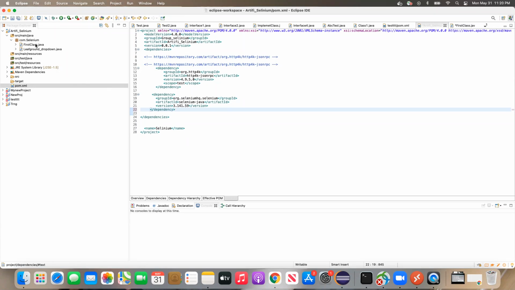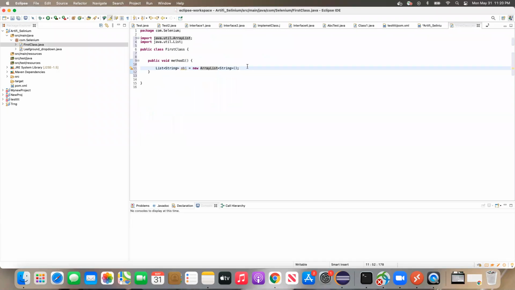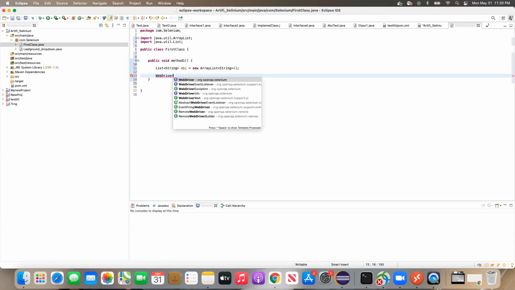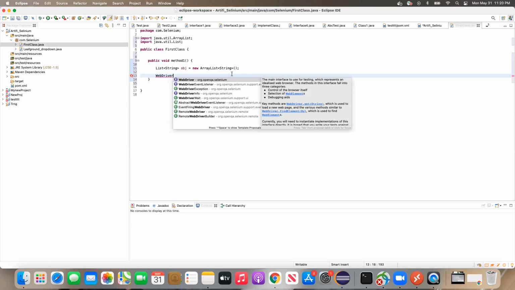In the project, did you see this one, org.openqa.selenium? That means this WebDriver is coming from Selenium dependency.